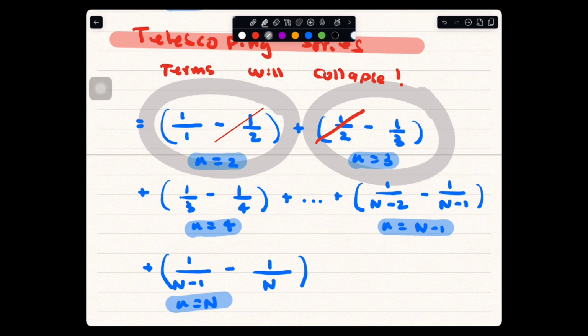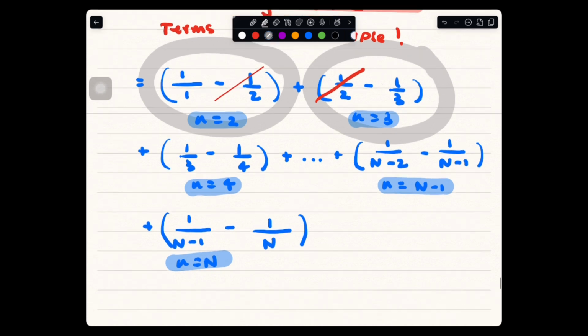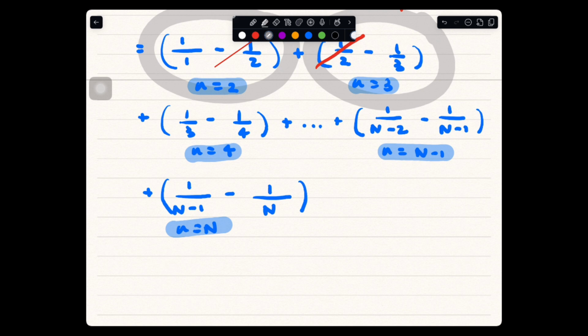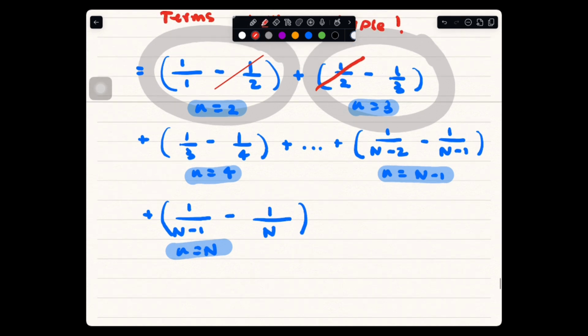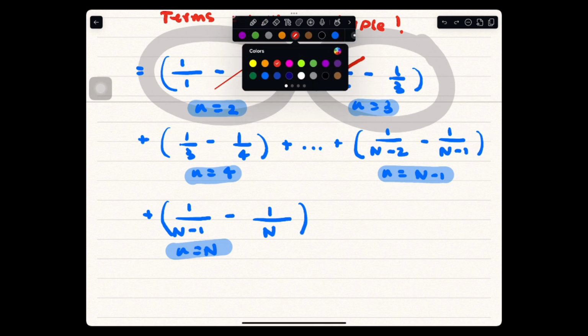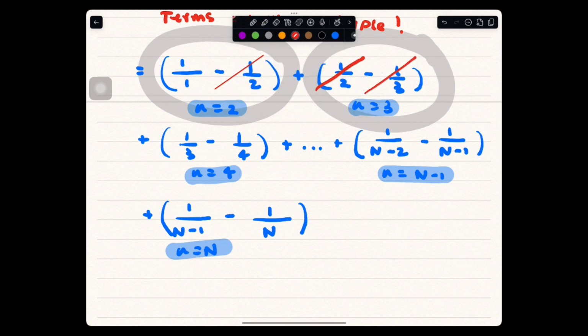And that's what I'm kind of seeing at first. And then what happens next is the second term of n is 3 is going to cancel with the first term. And if I continue the pattern here,